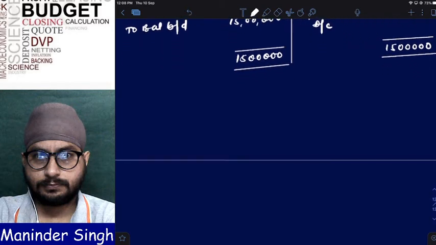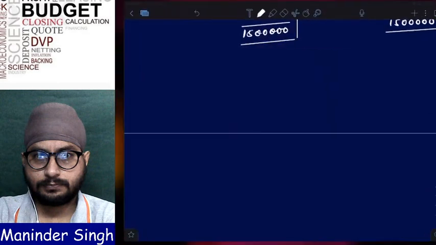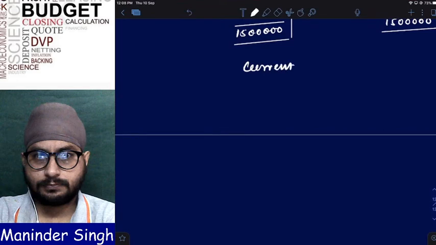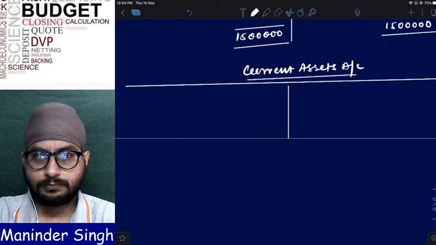Next, after plant we had current assets. There is no building, right? Current assets account. Tell me, current assets will again have which balance? Clear? In this problem, ledger accounts are there, so please don't write anything right now. Listen very carefully. I will give you time to write. This is the first type of problem, and it is a little bit different. First listen and then write. I will give enough time to write.